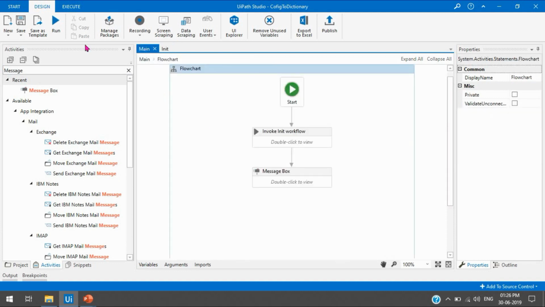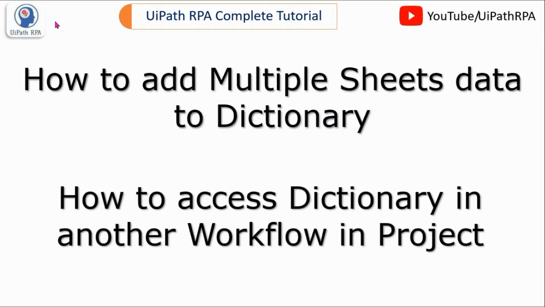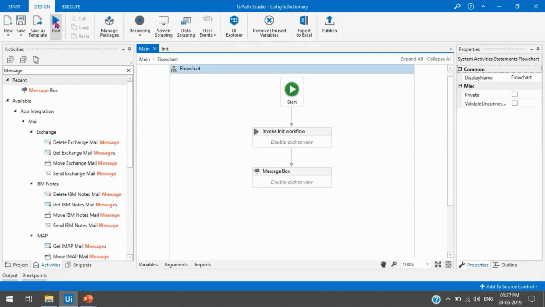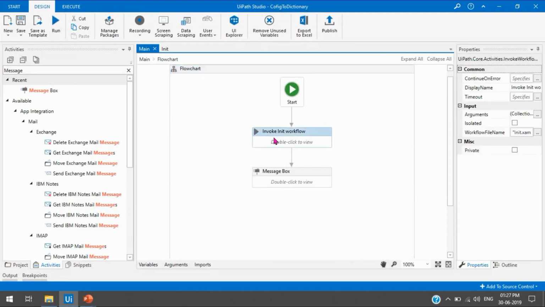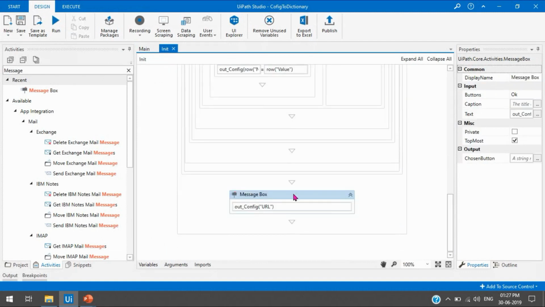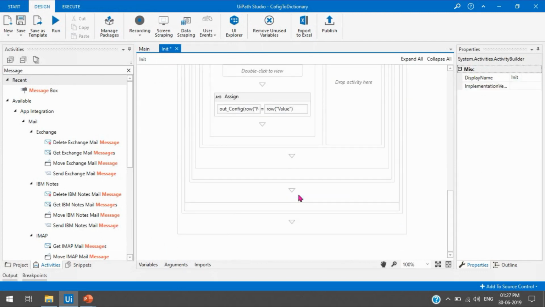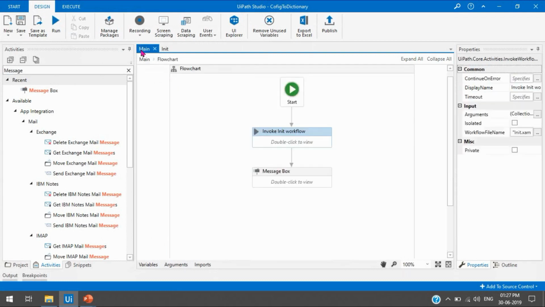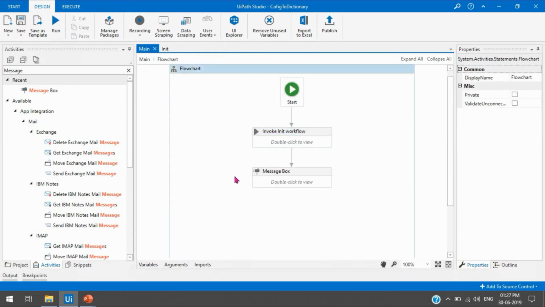Let me run only the main workflow. Now we are getting the data. We are getting two message boxes because we have already used a message box in the invoke init workflow. If you delete this, then while running this main workflow we'll get only one message box.